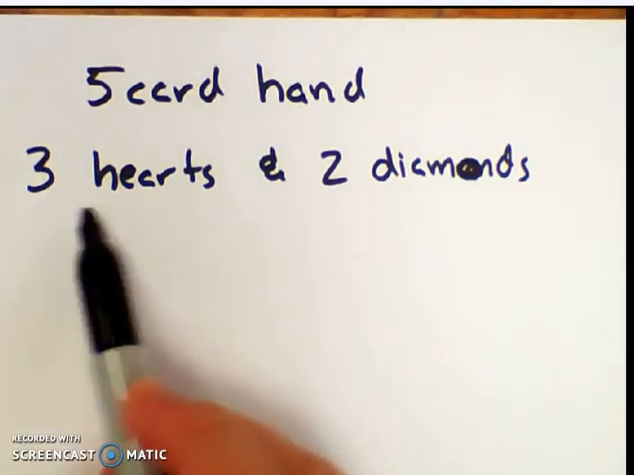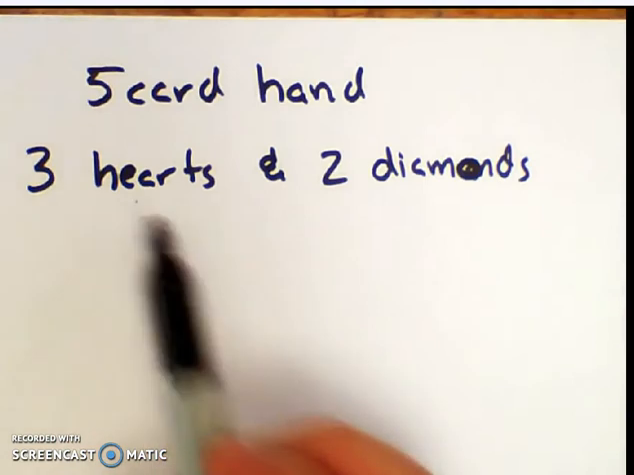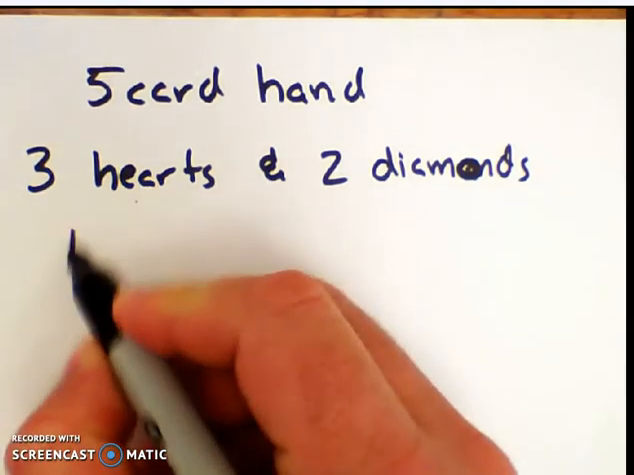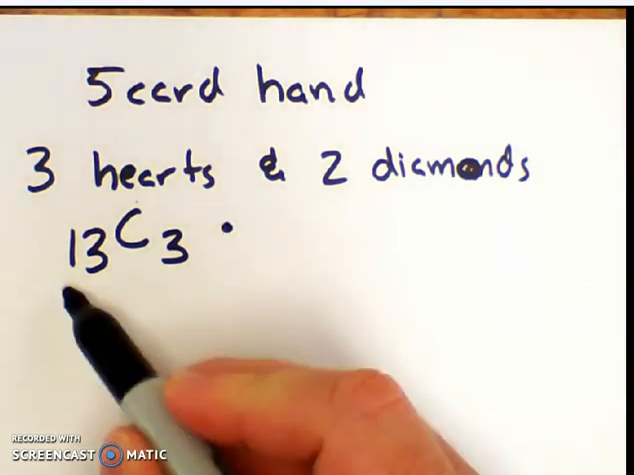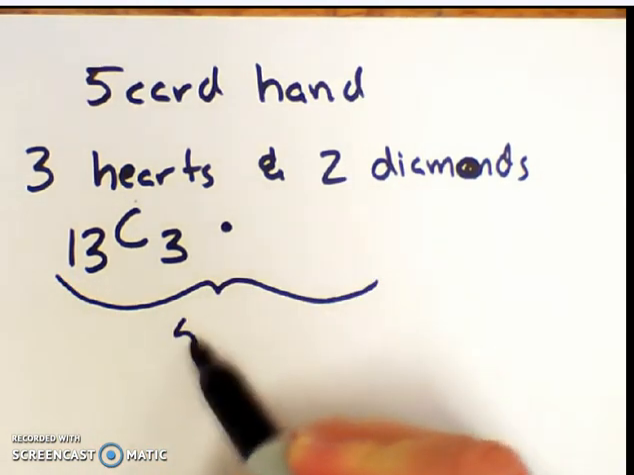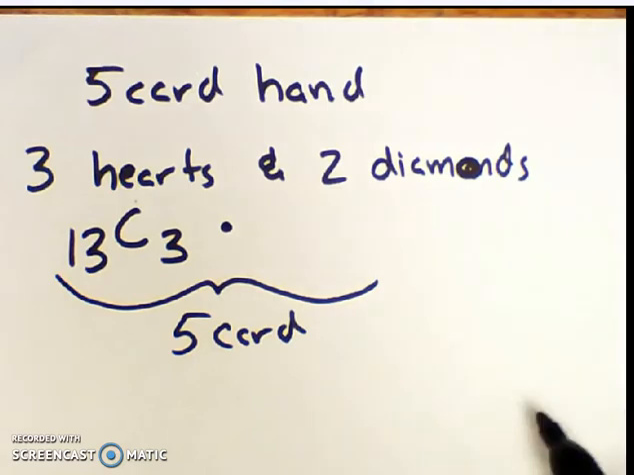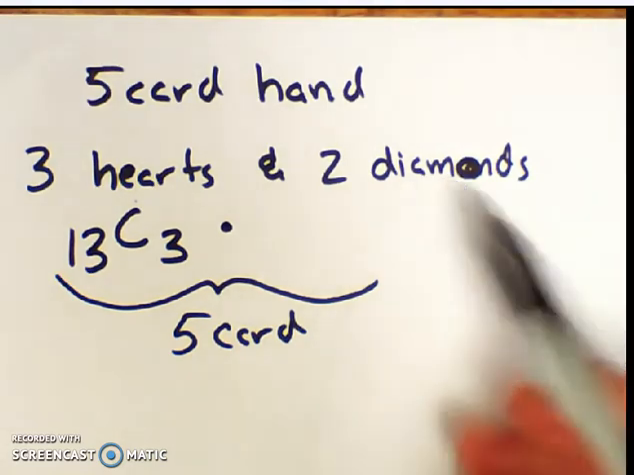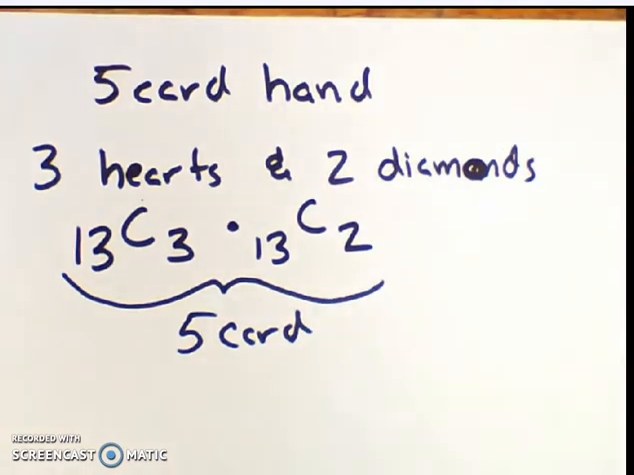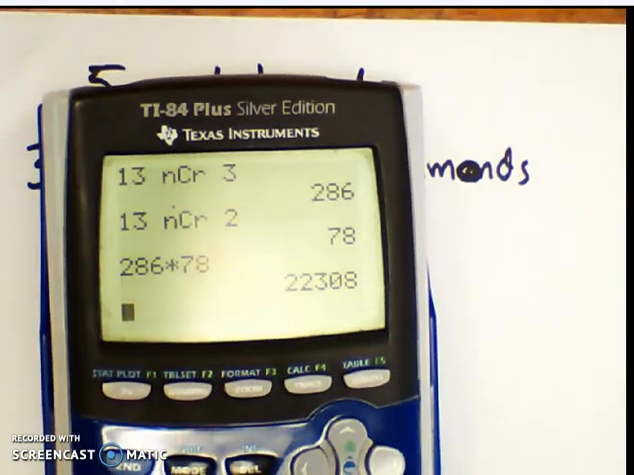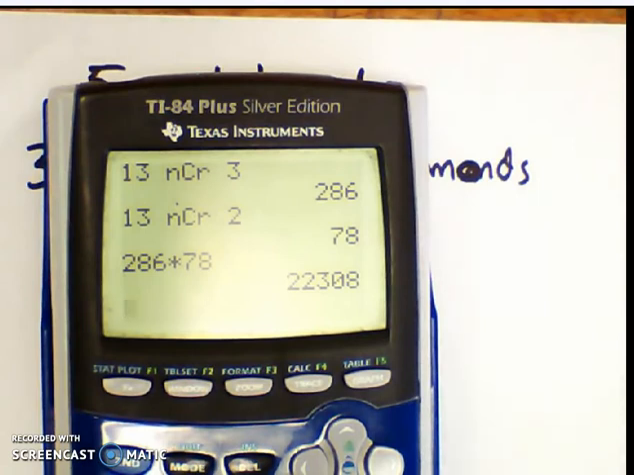When you're dealt a 5-card hand, you got to pay attention to the group you're picking from. Like I said before, there are 13 hearts in the deck, and you only want 3. So that's 13 choose 3. And then you multiply it to the amount of ways because you want to take care of your 5-card hand. Okay, that's why you multiply these. The other 2 cards have to be diamonds, and there are 13 diamonds in the deck. You want to choose 2. So type that into the calculator, 13 choose 3, 13 choose 2, multiply those 2 numbers together, and you get